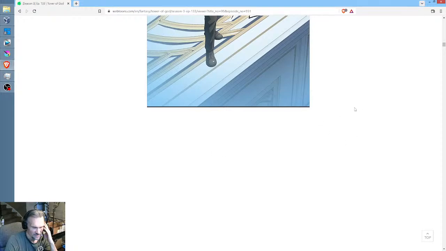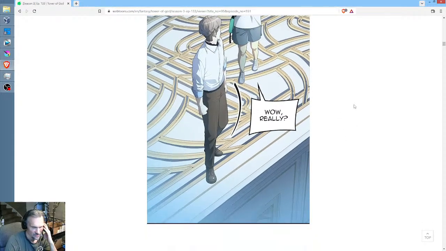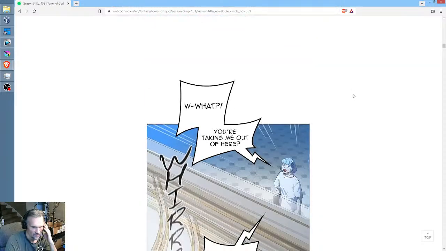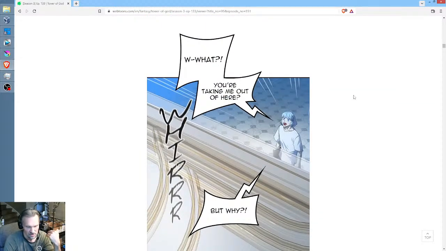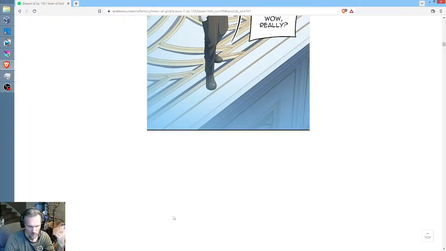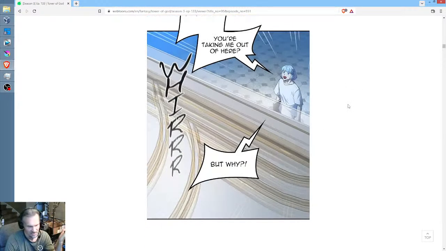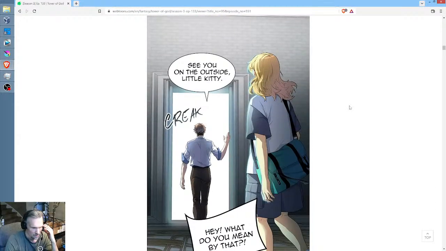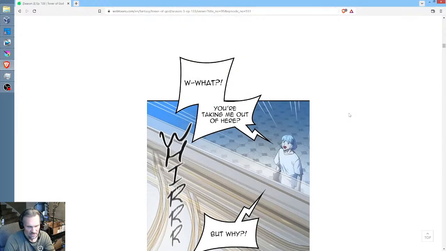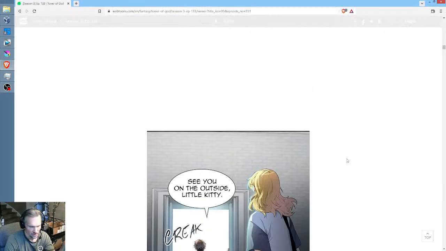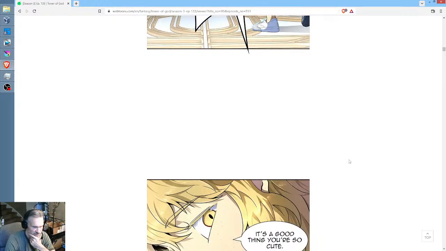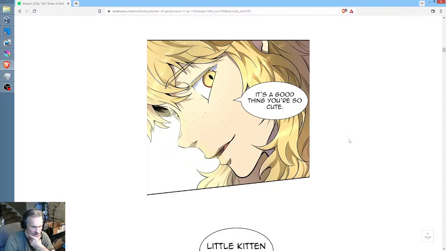I don't know why this one almost feels like they're deliberately wanting you to have to get completely away from this frame before you can experience this frame, and I personally don't like that choice. I would rather see it go directly where the next frame is right there, and you're going through it. That's just my opinion. If you're going to do it this way, why not just make it a slideshow and give you a button so that you click and it just dissolves to the next frame. Just saying. It's a good thing you're so cute.